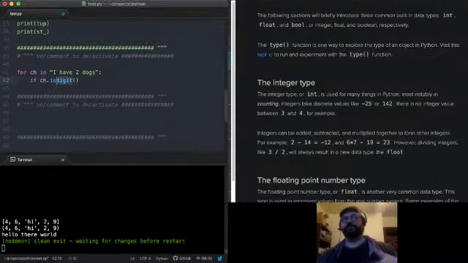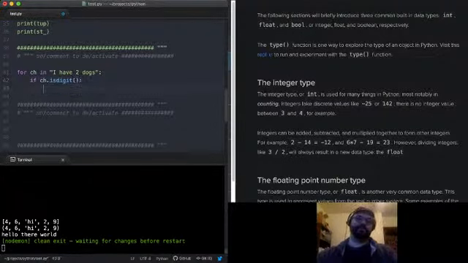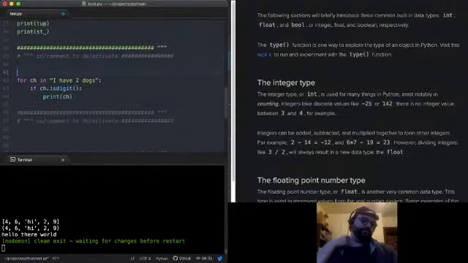A number is a numeric value, right? And that's a distinction that you might not make, or you might make differently in a different domain, but that's the distinction that we make in this particular context. So we'll say if the character is a digit, print ch, right? And maybe let's have another string to accumulate the number. So let's call this num_str, for number string, equals an empty string. And then